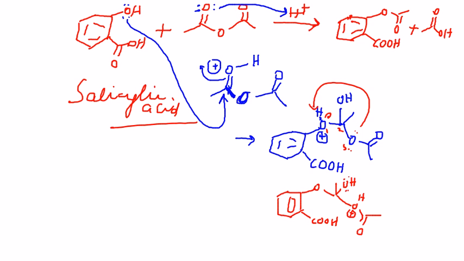So that makes a good leaving group. Lone pair kicks in, this group goes away, so your acetic acid flies away, and first you end up with